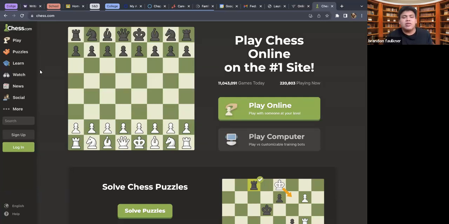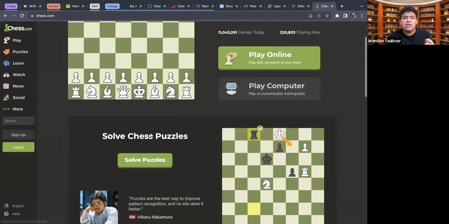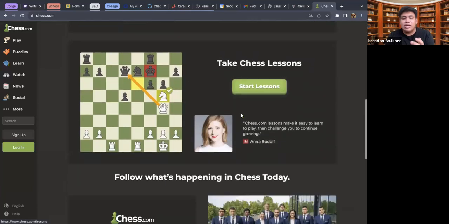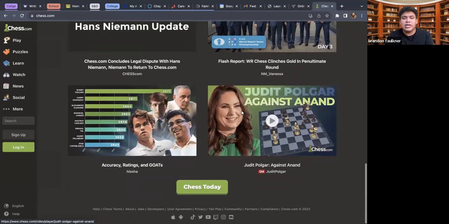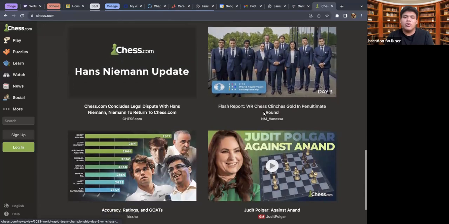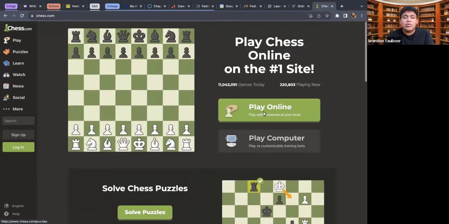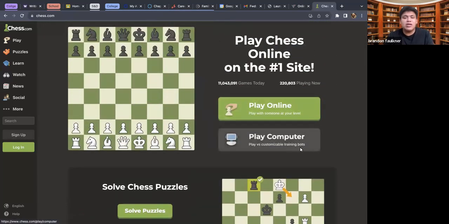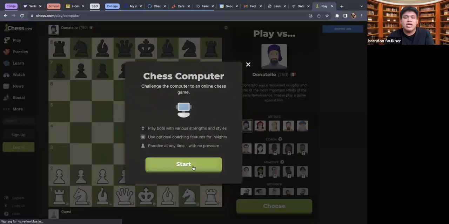With chess.com on the computer, we're given an interface where we can either play online, play the computer, start a puzzle, take a lesson, or just get caught up on chess news throughout the world. In order to start playing, we can just hit any button we want and jump into the gameplay. If I wanted to play with a computer, I could hit the button and